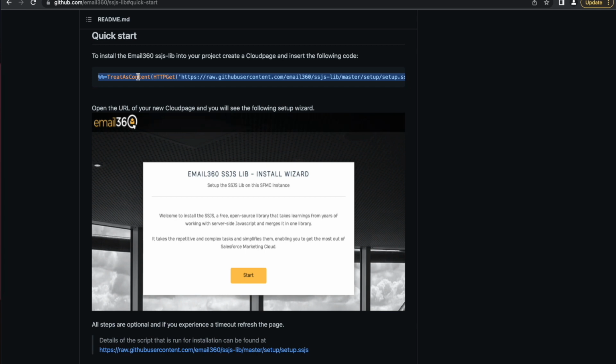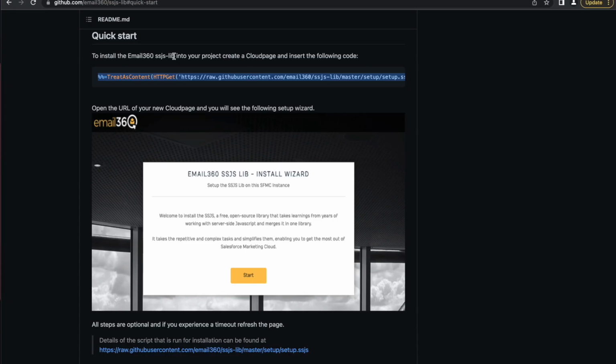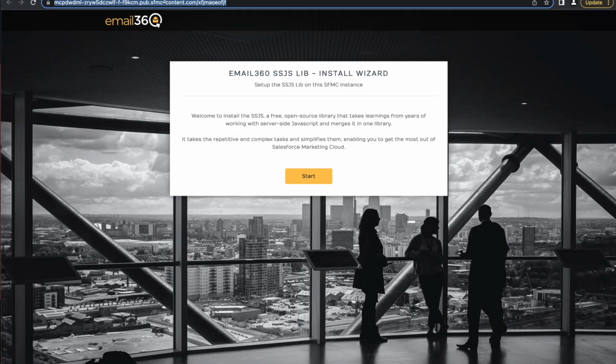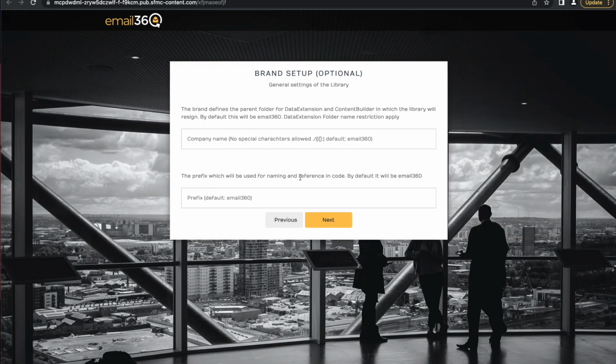For the purpose of this demonstration, I use a simple cloud page I have linked to this file, so I can easily put this code in here, store this file, and go back to the website. If I open up the cloud page now, you will get the Email 360 SSJS library installed with it. All you need to do is click on Start, and now it asks you for certain